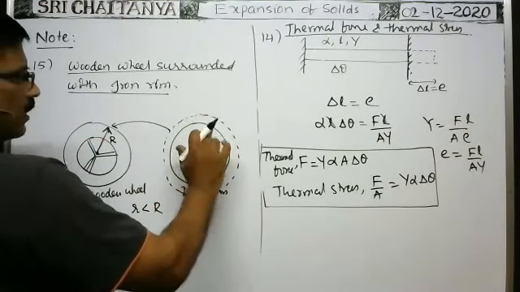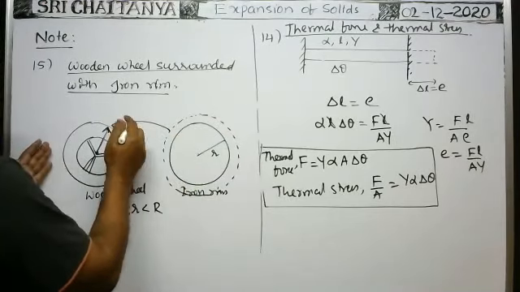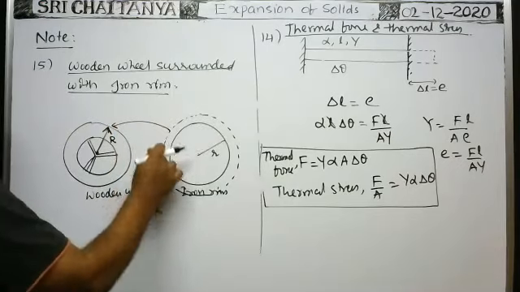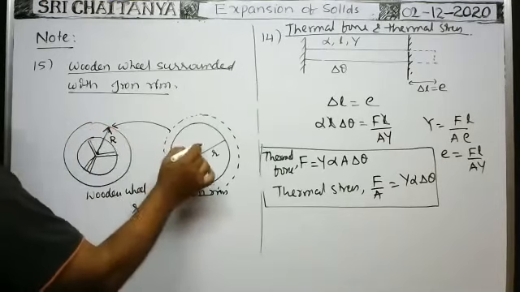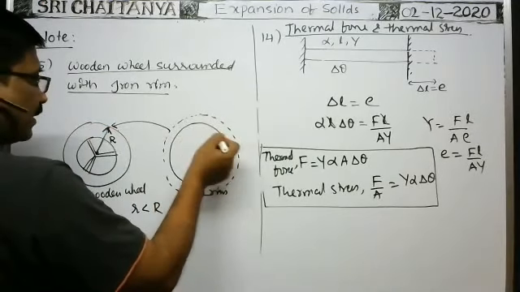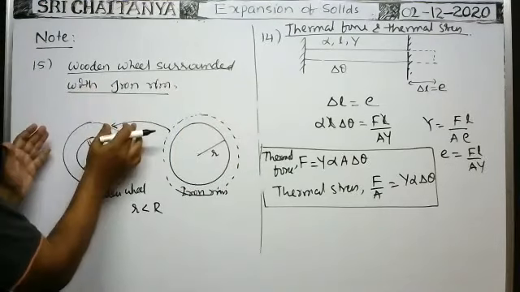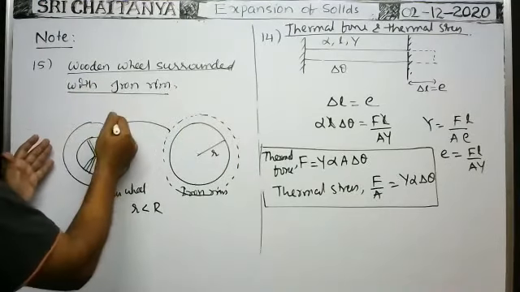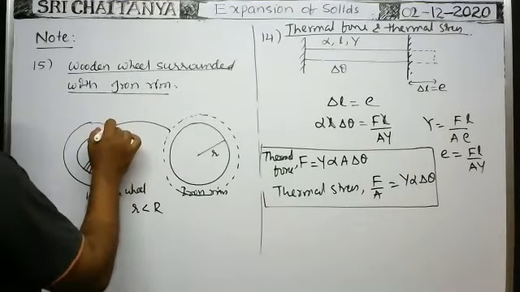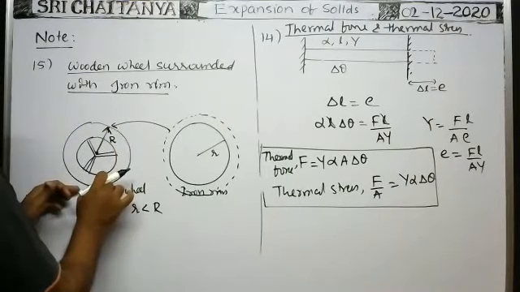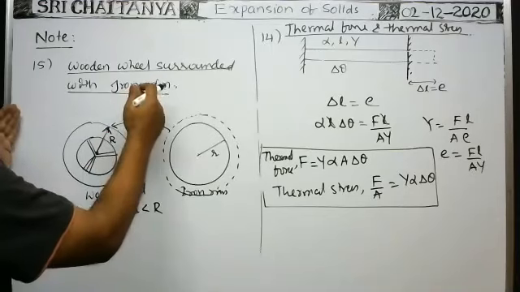Whenever the iron ring, which expanded upon heating, is cooled by pouring cold water, it contracts. The radius of the iron ring is greater than the radius of the wooden wheel when it is heated. But when it is fitted over the wooden wheel and cooled, it contracts until the radius of the iron ring becomes equal to the radius of the wooden wheel, and then it just comes in contact with the wooden wheel. If we further pour cold water over the iron ring, it will try to contract.